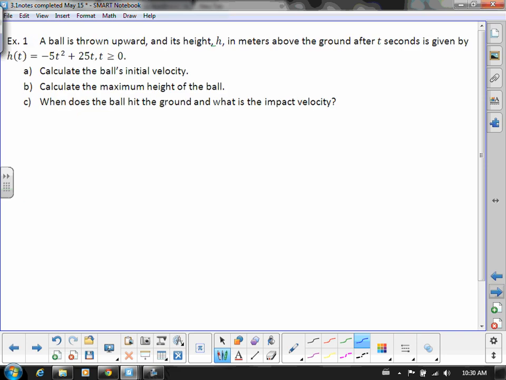So here's a common question that you've been answering since grade 10. A ball is thrown upwards and its height is represented by negative 5t squared plus 25t. In A, it's asking you to calculate the ball's initial velocity. Anytime they're talking about initial velocity, they want to know when t equals 0. So nothing crazy going on here. We're simply going to substitute in